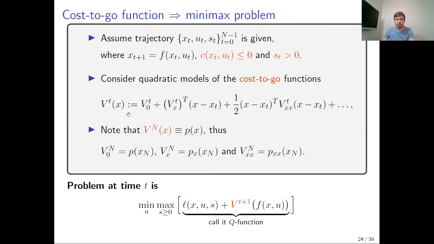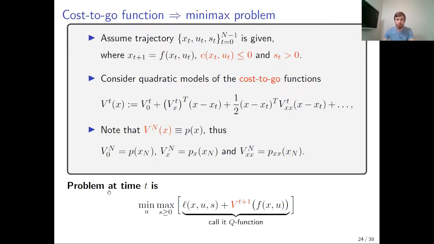As the Taylor series says, we have the first 3 terms, a constant, linear term, and quadratic, plus something else. Note that the latest cost-to-go function is known and coincides with the terminal cost, which is p(x). So we can directly establish that the coefficients for the latest cost-to-go function are given as follows. So it's the terminal cost itself,